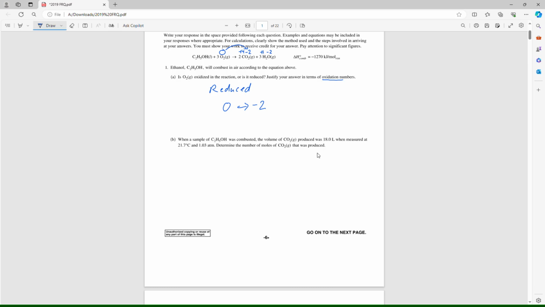Alright, B. When a sample of C2H5OH was combusted, the volume of CO2 gas produced was 18 liters. At this temperature and this pressure, determine the moles of CO2. So we're given volume, temperature, and pressure. So we should use the ideal gas law because we have pressure, volume, temperature. We just need to find N, number of moles. Let's convert Celsius to Kelvin by just adding 273. And that gives us